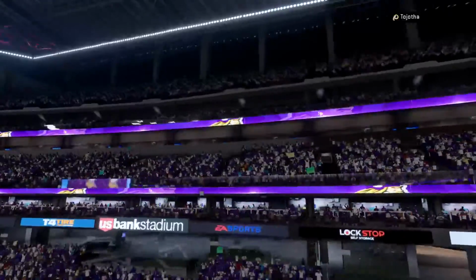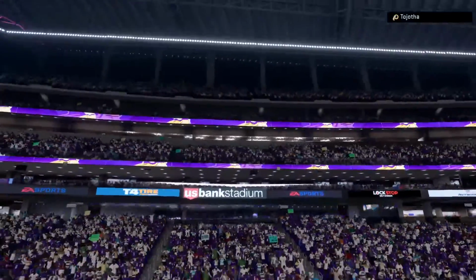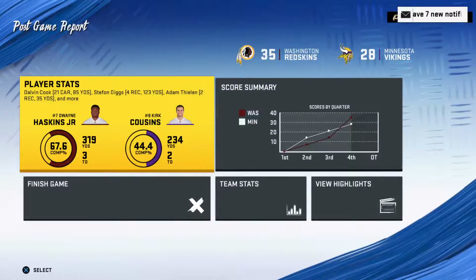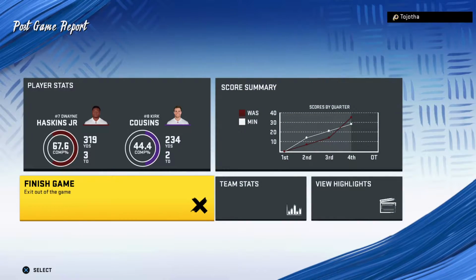So for the Redskins, they'll finish the first half of the schedule dead even at 4-4. And now they'll get the weekend off as they get a little extra time to prepare to face the Buffalo Bills. Meanwhile, for the